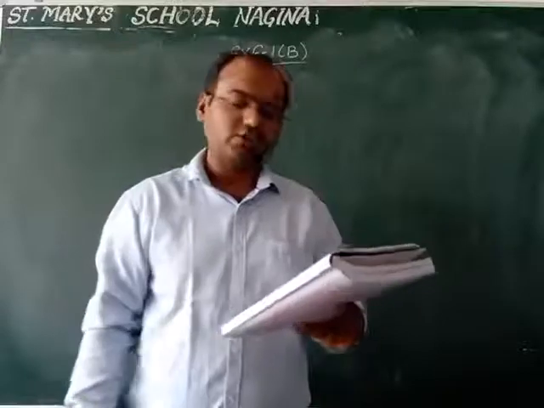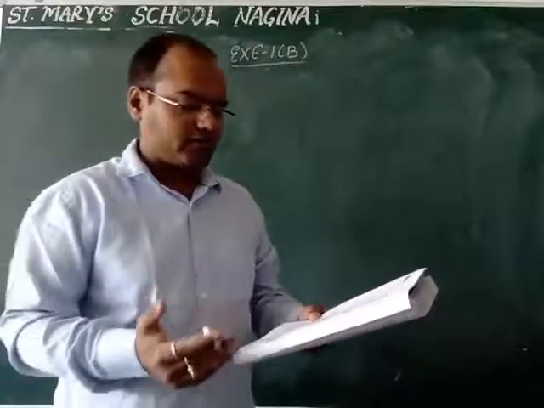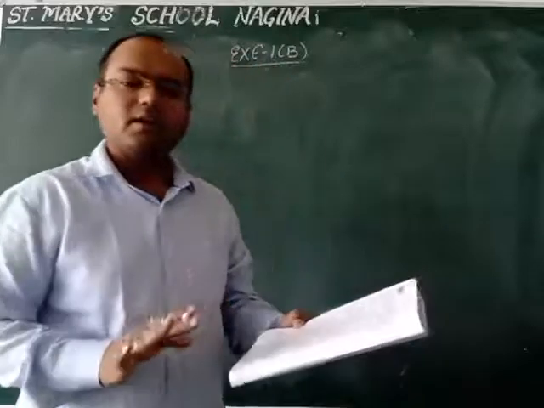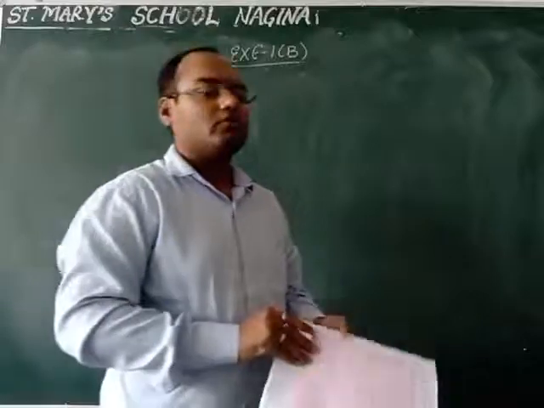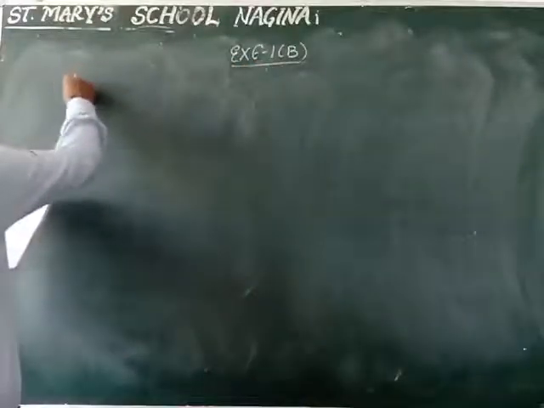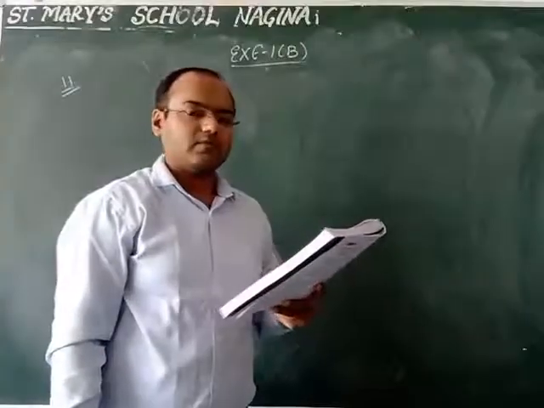Now all of you see question number 11. The 10th question is the same as we have done in question number 5, question number 7, question number 8. All these are the same, and question number 10 is also the same. Question number 11, all of you see. Draw a Venn diagram to represent. We have to draw the Venn diagram.